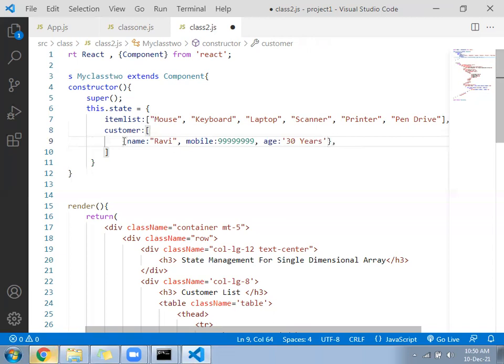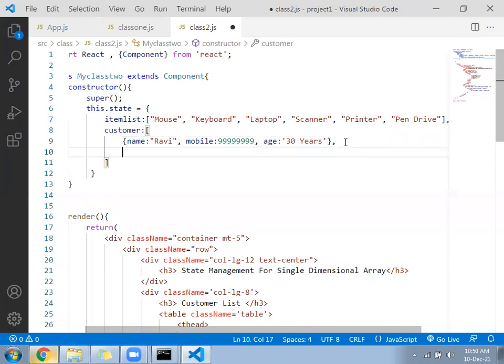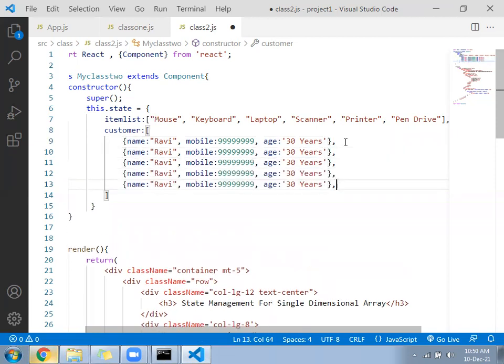Next, Ravi, Moti, Raju, Ganesh, Alex. Thirty, 40.